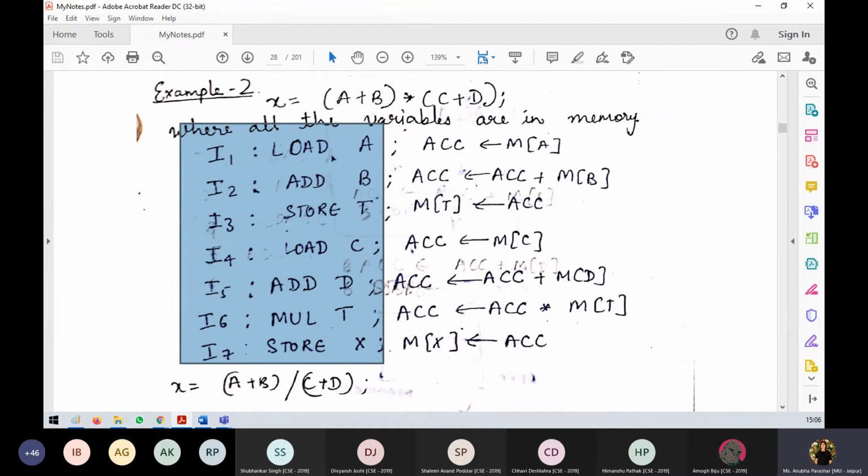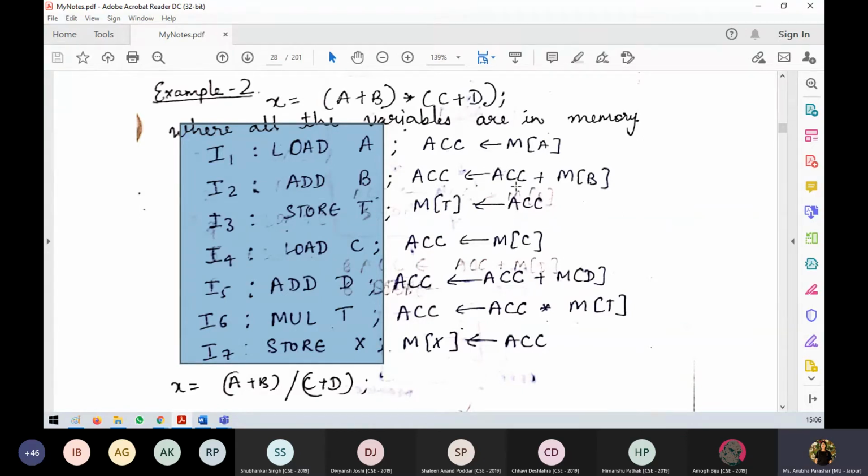For example, you have to load a value to the accumulator. So the value of A is loaded to the accumulator. It means this. If someone says you have to write the instruction, you only have to write this. This is what we give as instruction to the processor. Whereas these are, for our sake, what is happening when we say load A. So the value of A from the memory, maybe the address is passed and the value of A is stored in the accumulator. Then we write add B.